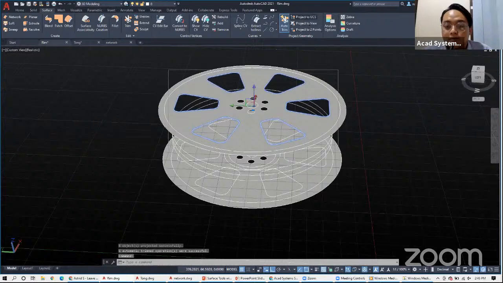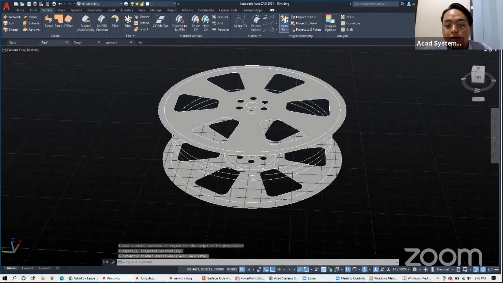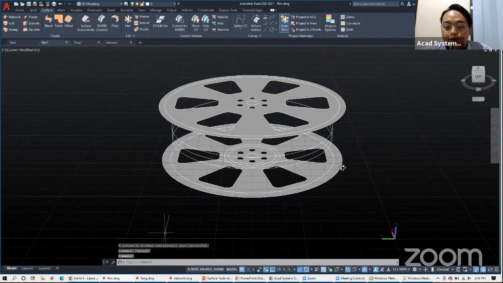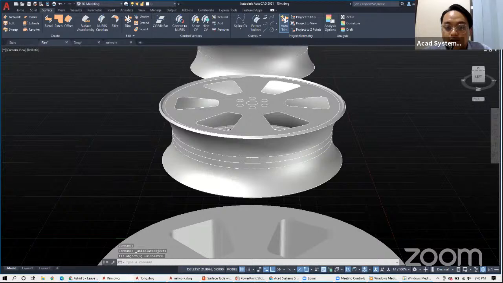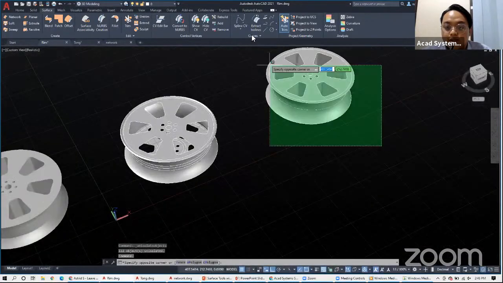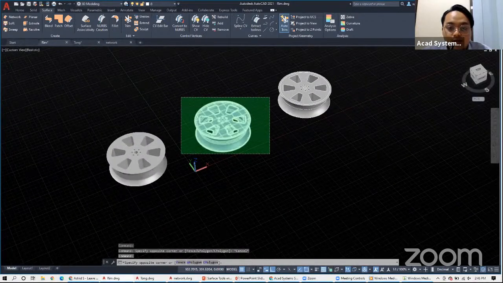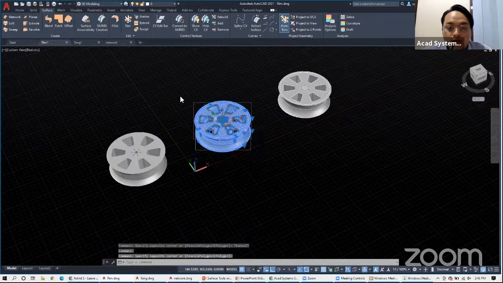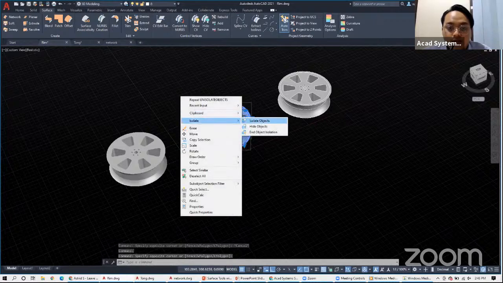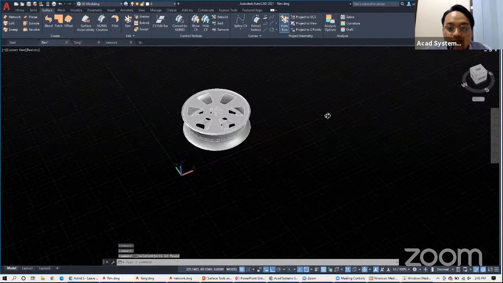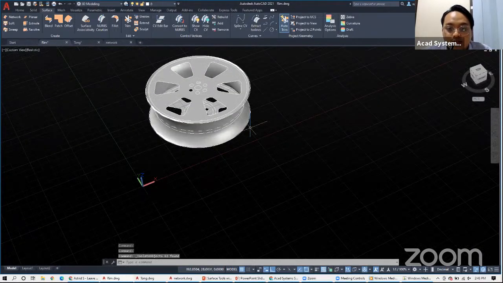Your surface, okay, like that. And we have this part. So what we can do here is end the isolation. Okay, now I have these two in advance. I will just select this one and isolate. Okay, now that I have this one here, but you can see that this part is still hollow